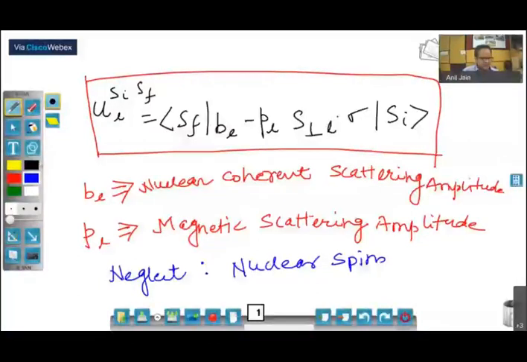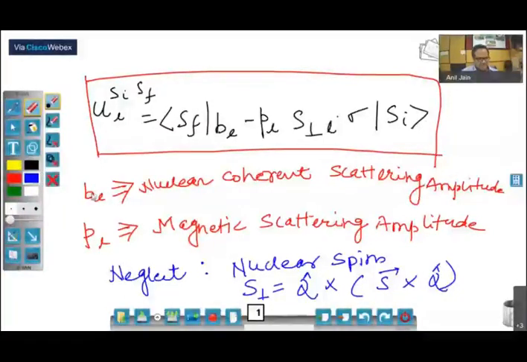And S perp here, as you know, Q is the scattering vector. So it's the unit vector along the scattering vector direction crossed with S. So what it makes sure is that when we are doing the magnetic scattering, we are only sensitive to the component of the moment which is perpendicular to Q. So I can write this S perp as